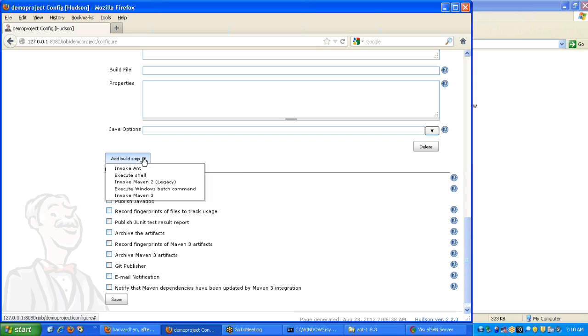So when you are adding a build step, it shows what kind of build steps you can add. So you can invoke an Ant file and build script, or you can invoke a